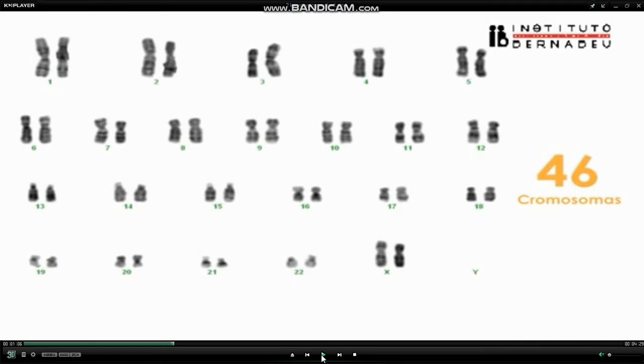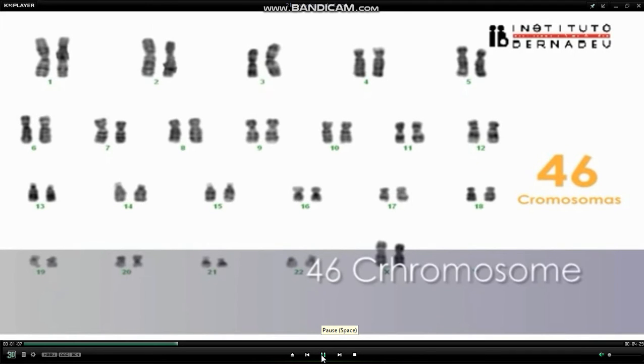The darker sites are those which are still in the histone bound form, or shall I say not opened. But those sites which are opened, these are the sites where histones are not bound, and therefore it is comparatively lighter. And this kind of pattern helps us to identify which kind of chromosomes are there and whether every chromosome is